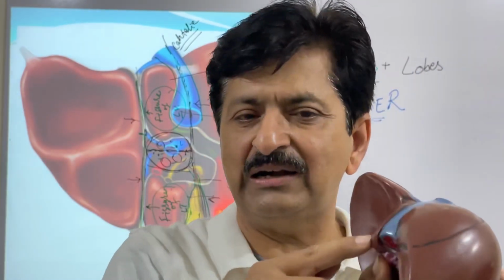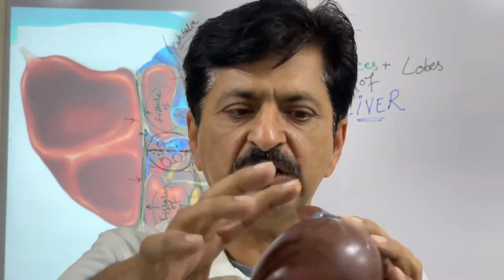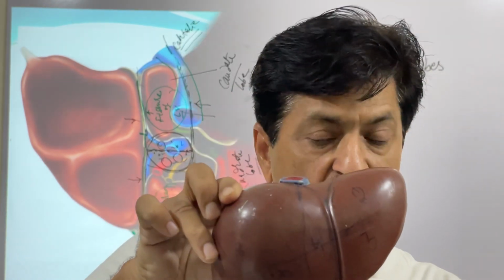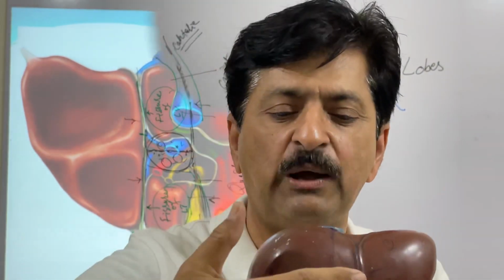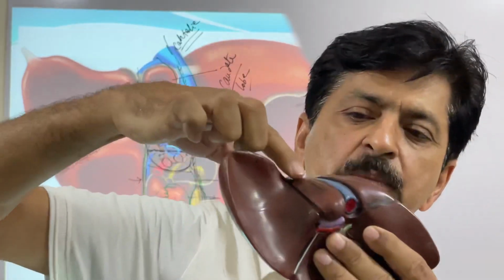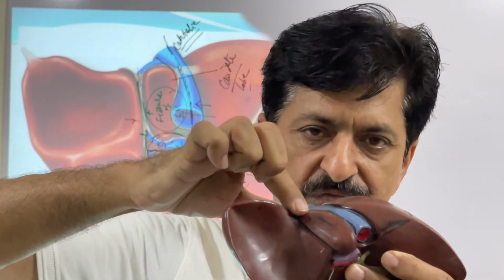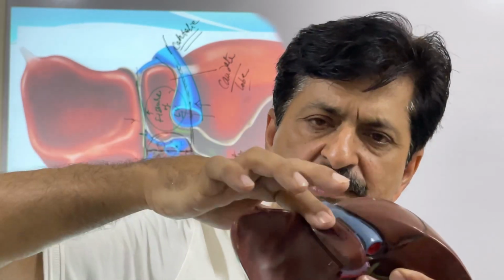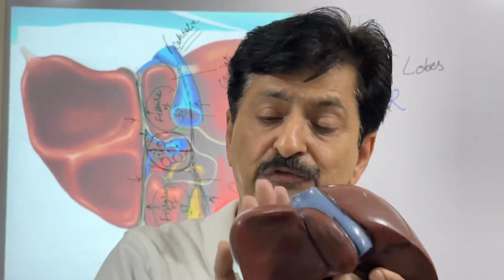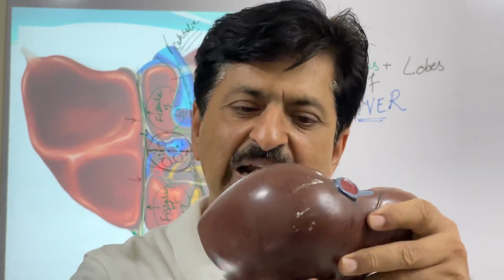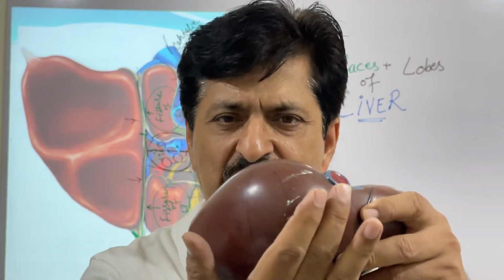Actually, the caudate lobe you can only see on the visceral surface. Whatever you see on the front will be the quadrate lobe portion. You cannot divide that on the front. The caudate lobe will be visible only on your visceral surface. You can say some is posterior and some superior, but overall it is on the visceral surface. On the front you cannot see it. On the front you will see the quadrate, and similarly the whole anterior part will be quadrate, but you don't call it quadrate as such; you can say this is the same functional segment.